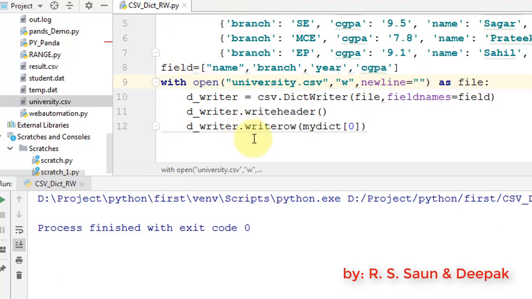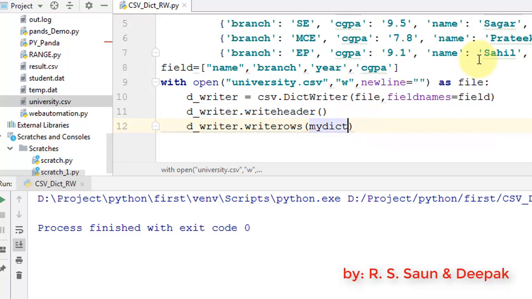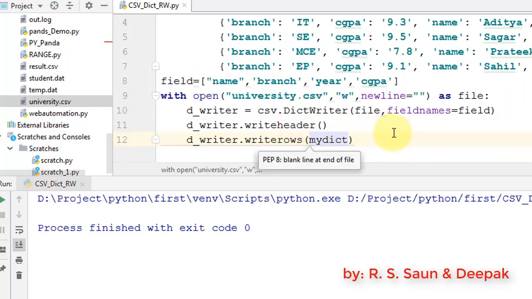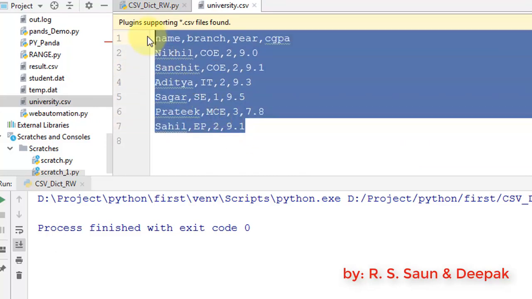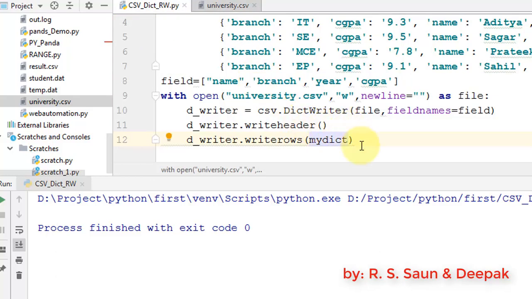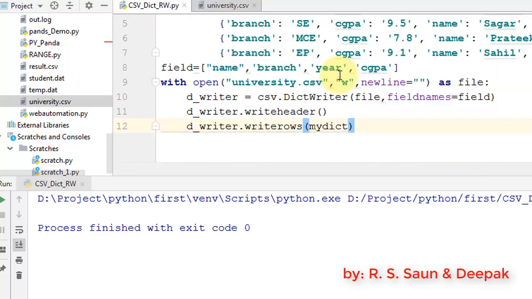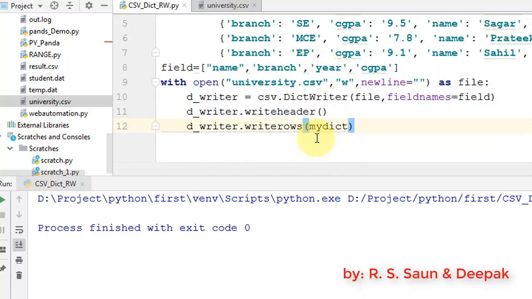Okay, so now I will be writing all the dictionaries. That is really simple. You just need to call the writerows method and pass the list of dictionaries. Let's execute this and see the result. Let's double click on university and see. So here my file is written. This is really very simple way to write dictionaries. Otherwise it is really painful if you have dictionaries and you do not use the DictWriter method. This is also convenient to receive all the values and search records. We will see this in a moment.